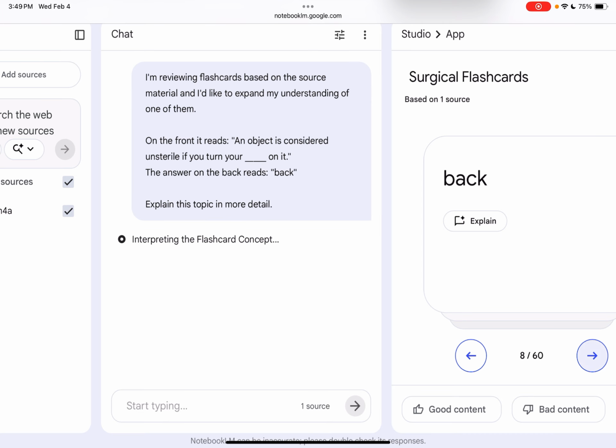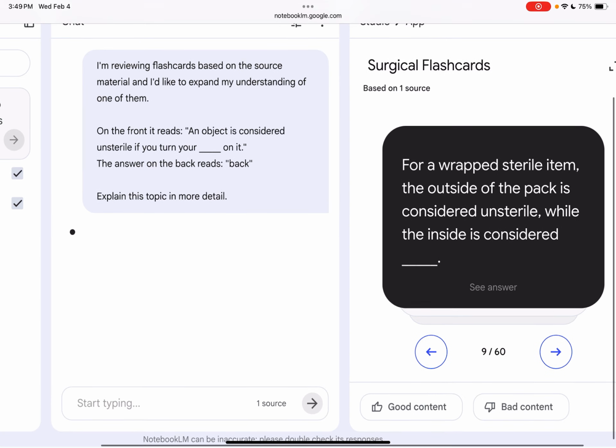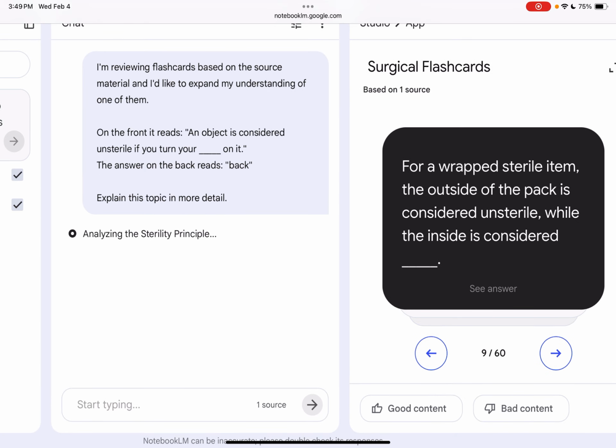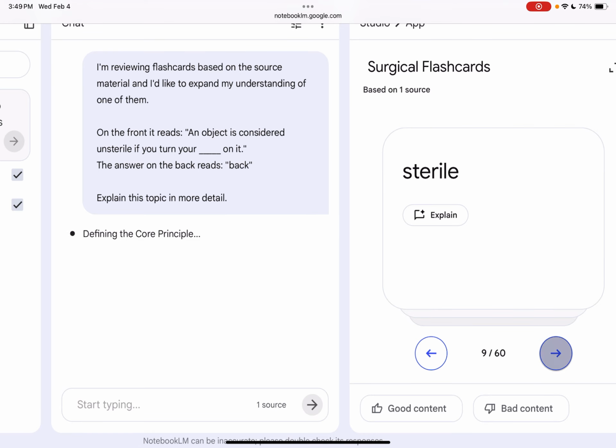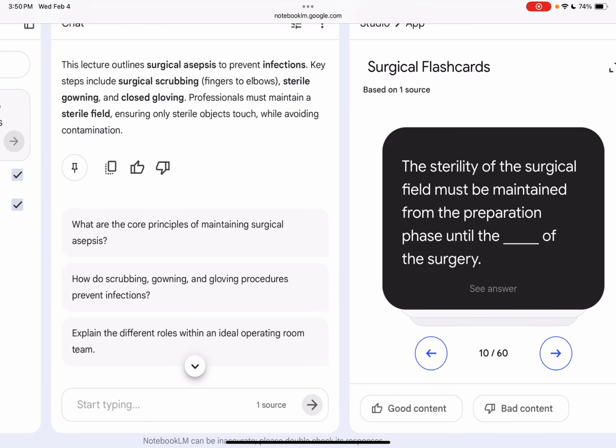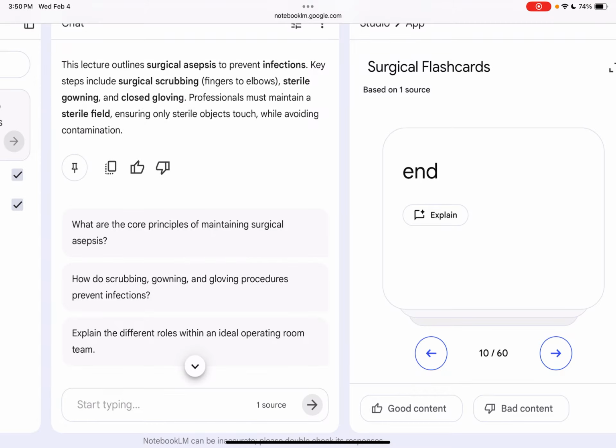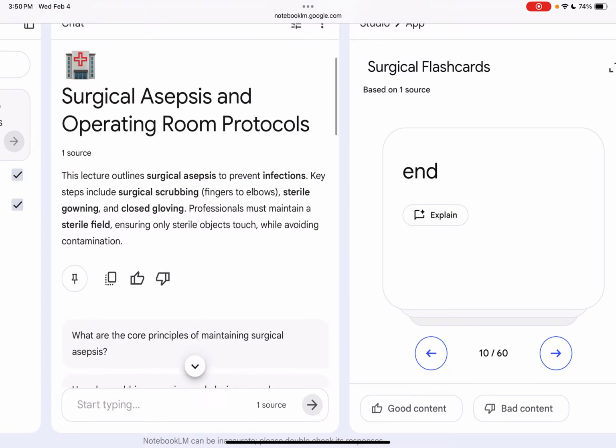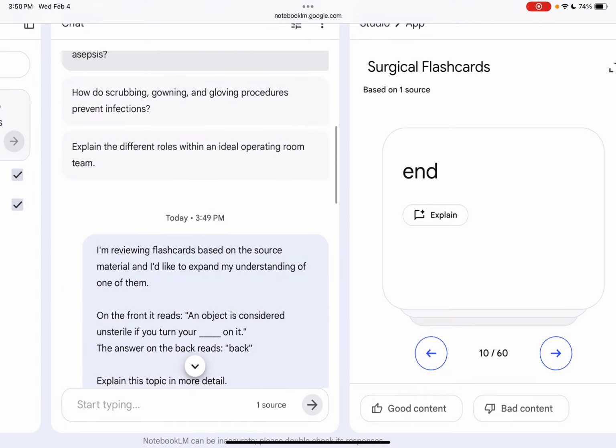So, next question. For a wrapped sterile item, the outside of the pack is considered unsterile, while the inside is considered sterile. The sterility of the surgical field must be maintained from the preparation phase until the blank of the surgery. Until the end of the surgery. Okay, so na natin answer there is sa